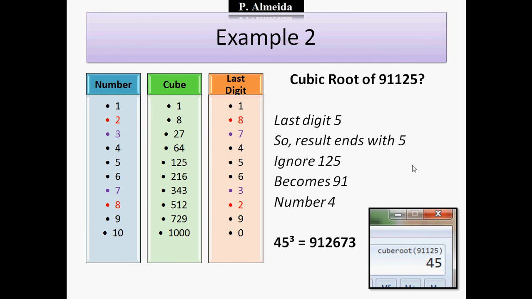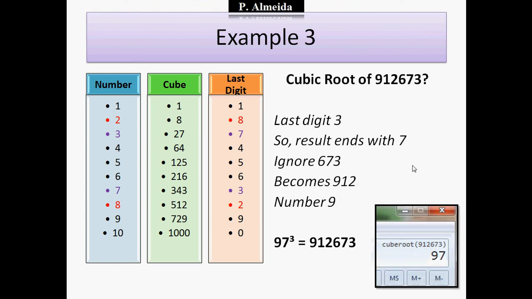And finally, the last example. Cubic root of 912,673. So again, last digit is 3. This one swaps, so I know that the result ends with 7 because here we go. When the last digit is 3, my number is 7. Then I'm going to ignore 673 and I get the number